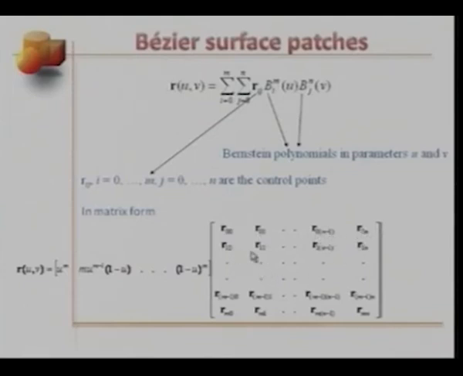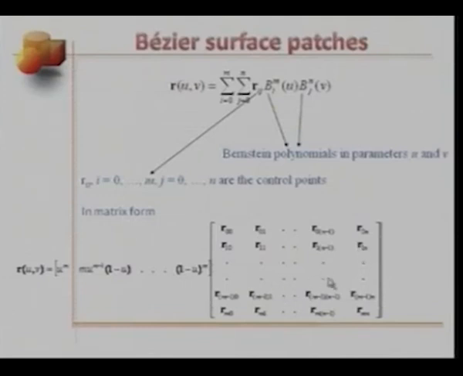The second row starts with R 1 0, R 1 1, the last but one term will be R 1 n minus 1, and the last term will be R 1 n,